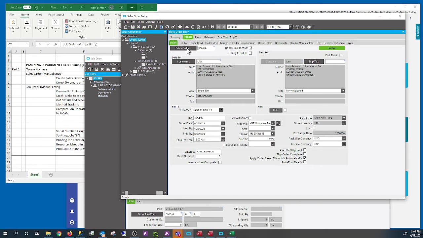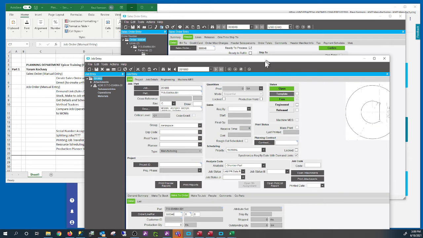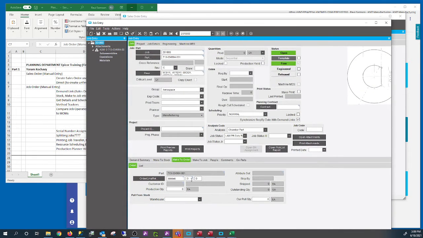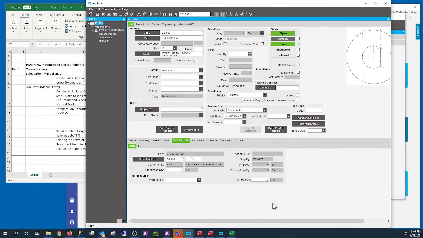Did we say ready on it? Ready to process, yeah. And it fills out the production quantity of that order automatically. So we had it for 3, it's going to take 3. Then save. Yep.